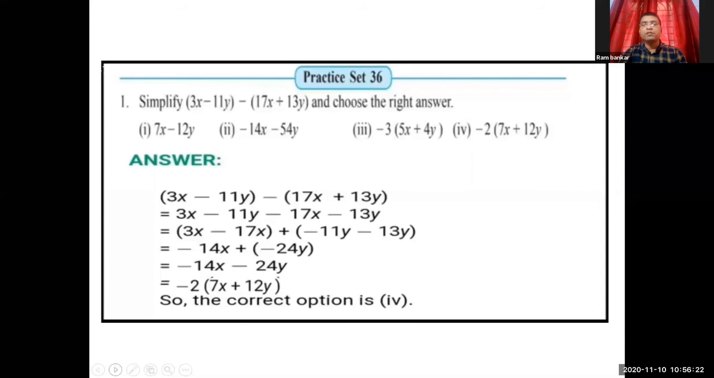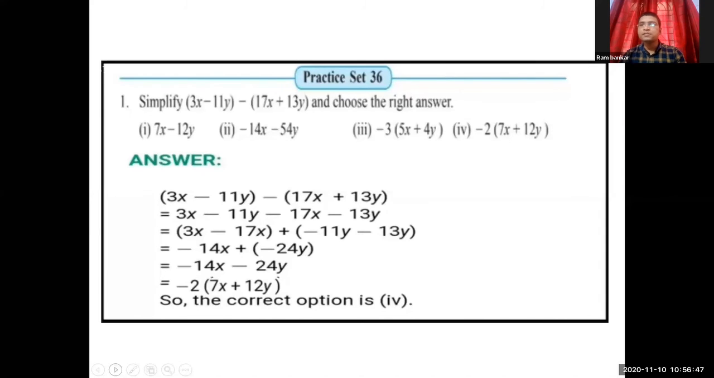3x minus 17, bracket close, plus minus 11y minus 13y. Okay, so solve this. 3x minus 17, how much? 14. Minus 14x is there. Why have we put the minus sign? Because the bigger number has its sign in the answer. Minus 14x plus